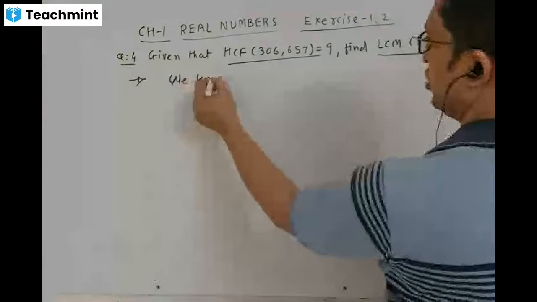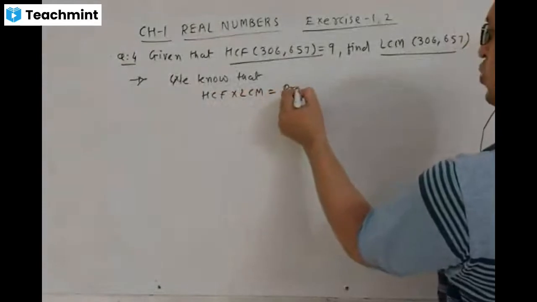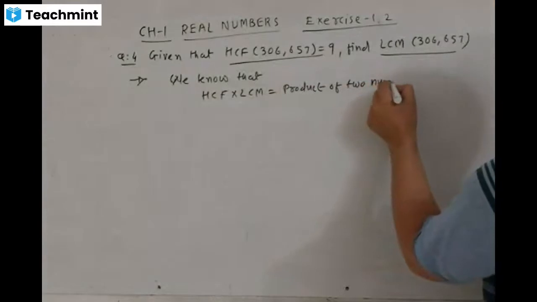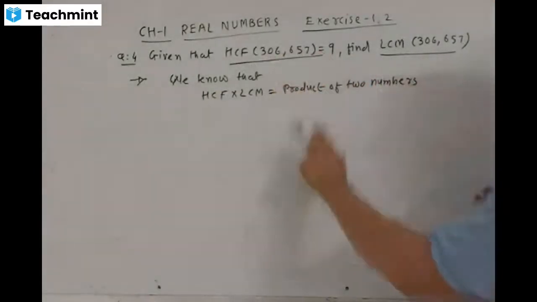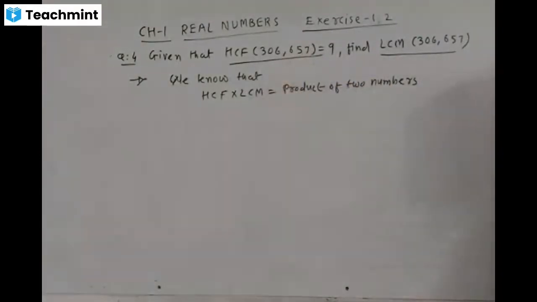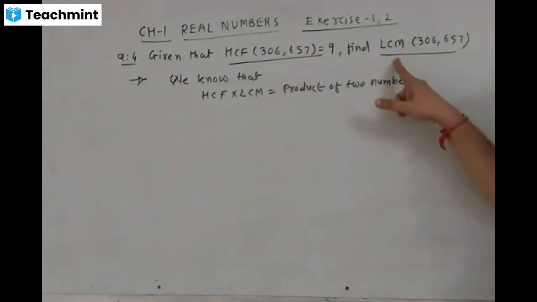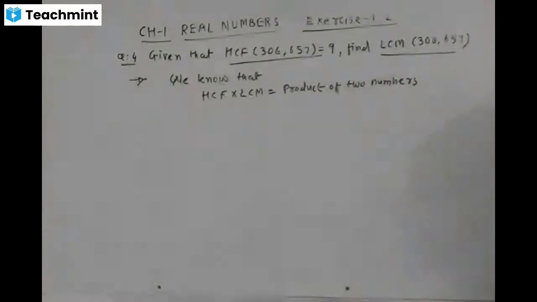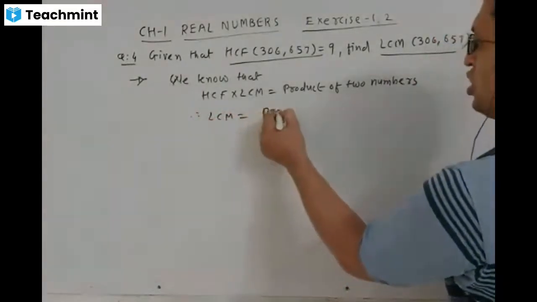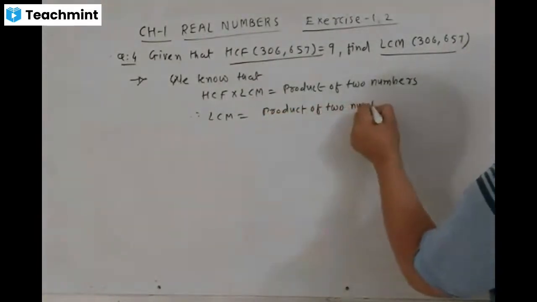Know that HCF multiply LCM is equal to the product of two numbers. Here the two numbers are 306 and 657. That is one number, that is another number. Product of two numbers means the multiplication of both. What to find? Find the value of LCM of 306 and 657. Therefore, LCM is equal to the product of two numbers divided by